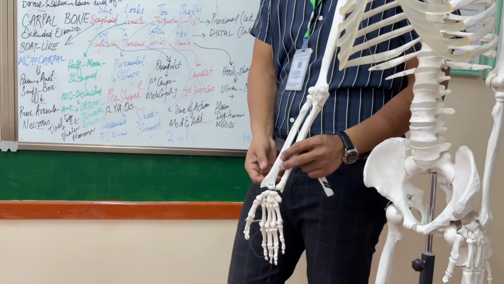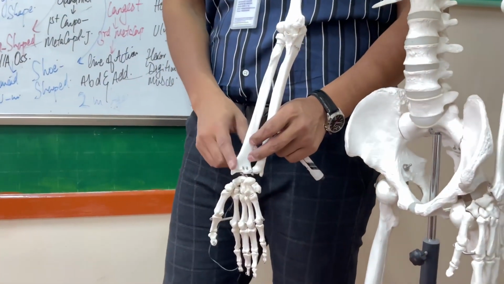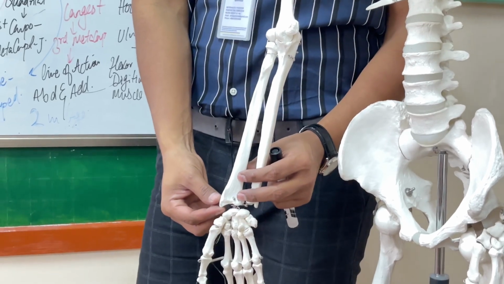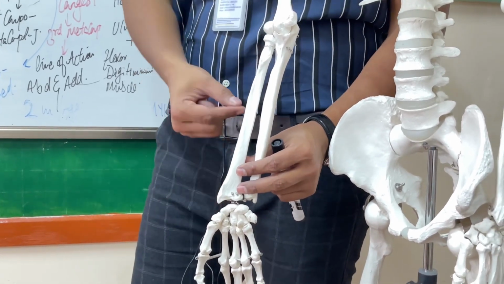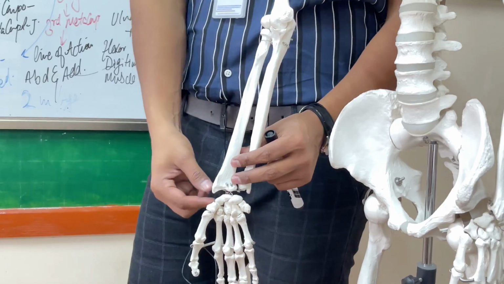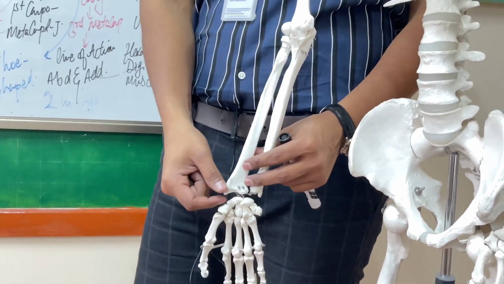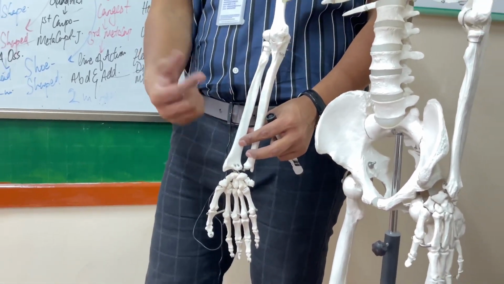Then there are two fractures. Colles fracture is the fracture at the distal end of the radius. If the fractured distal piece of the radial bone goes backward and upward, that is called Colles fracture. And if that small distal piece of the fractured radius bone goes anteriorly, that is called Smith's fracture.